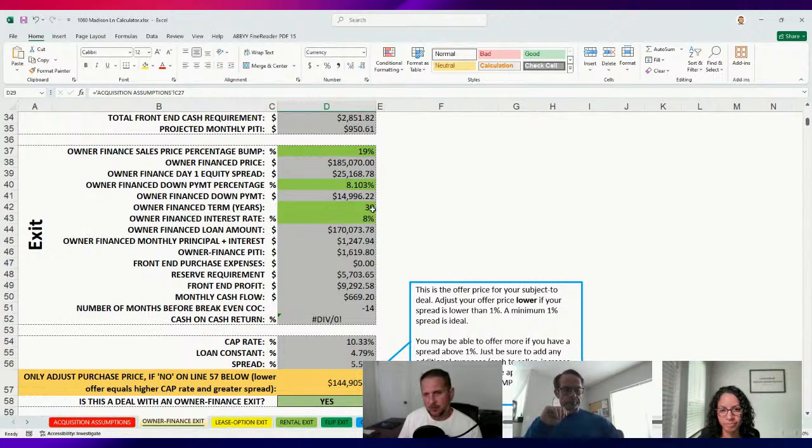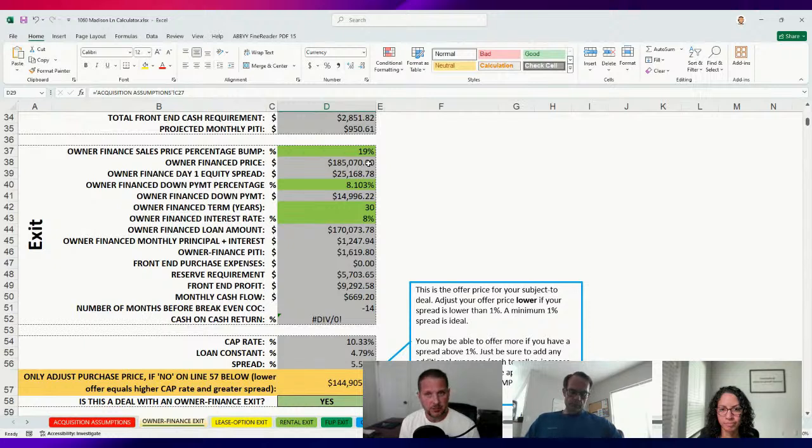And so what we're able to do, without being predatory or price gouging or anything like that, is give ourselves a little bump in price on our sales side. That's because we have taken the risk of buying this property with very little or no equity in it. So that's a huge risk for us. So we like to bump up our sales price